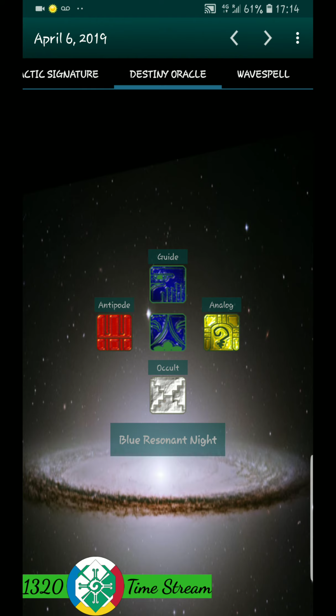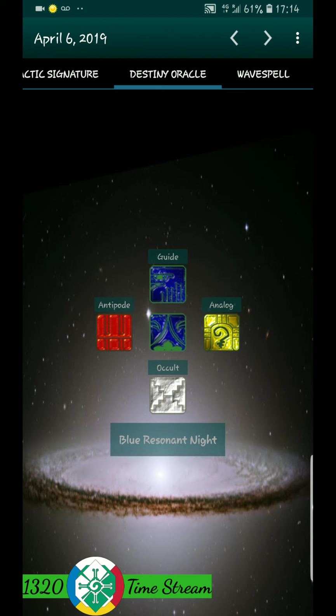So 7, well, the difference between 7 and 14 is 7. So 7 plus 7 is 14. Just like tomorrow, we're going to be an 8. So the hidden power is going to be a 6. And then 9 and 5, 10 and 4, and so forth, and so on.